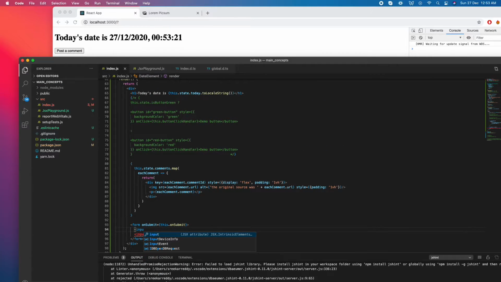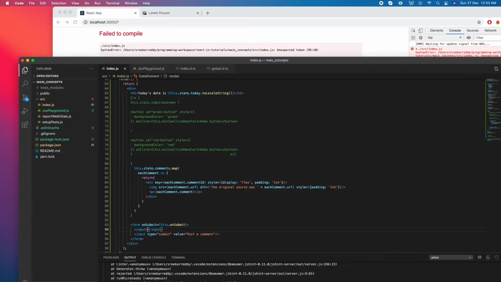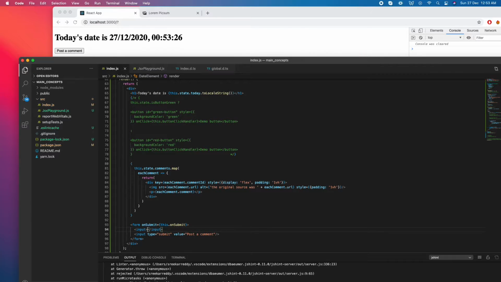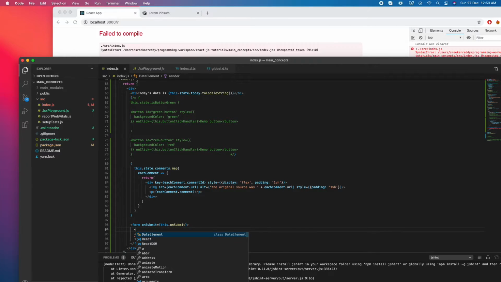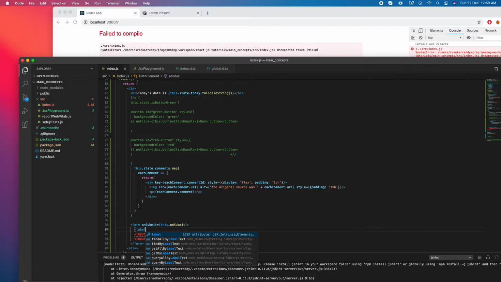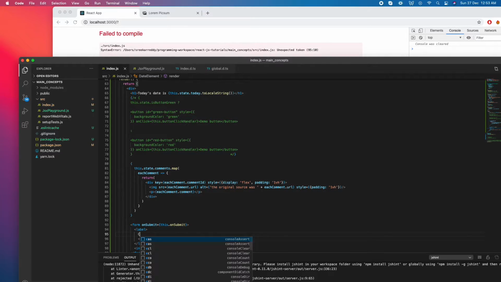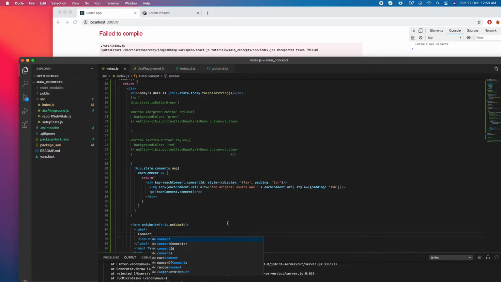Let's say you have a text field, right? Now we're going to give a text field. We'll use an input element, of course, and we will give it a label too. So label, and we'll wrap the element inside the label element. The label will be comment. Perfect. And the name will be,